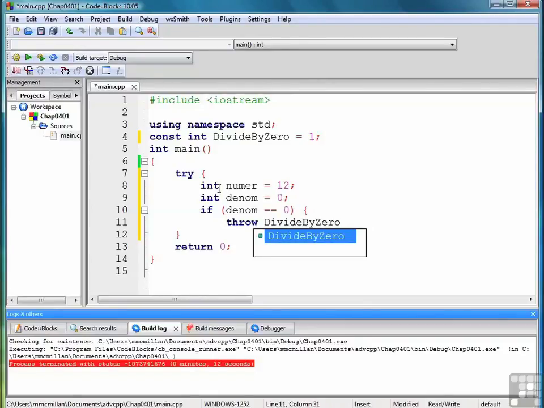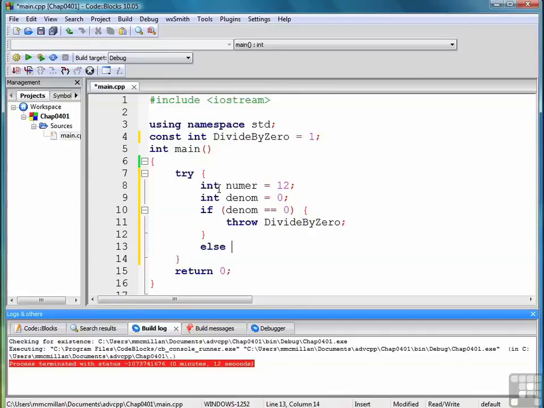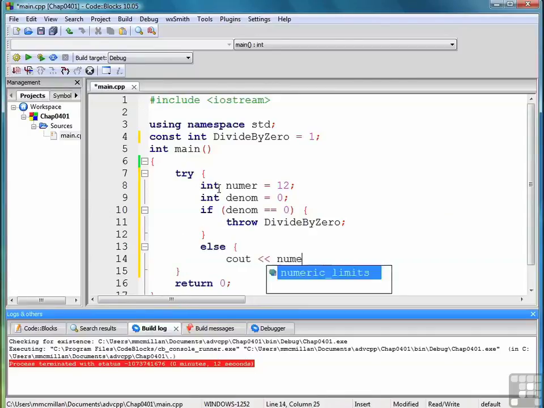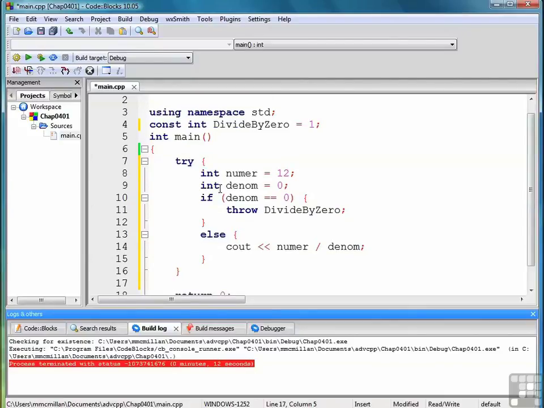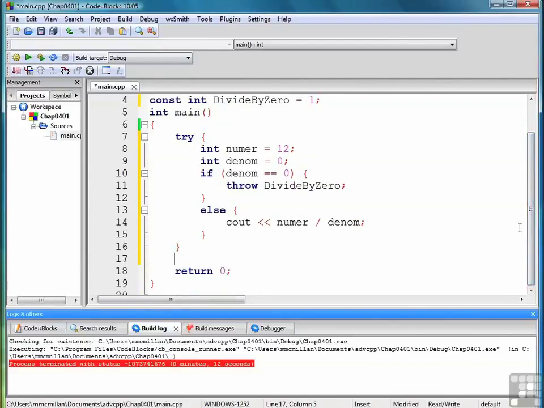And what we're saying is that if the denominator is 0, then we want to throw a divide by 0 exception. Else, cout numerator divided by denominator. And then below our try, let me scroll the screen up a little bit right here, we add our catch. Catch can take an argument. So here we say if e is equal to the constant divide by 0, then cout